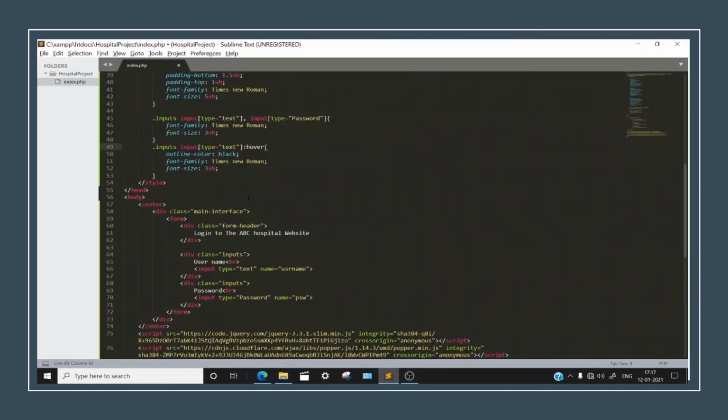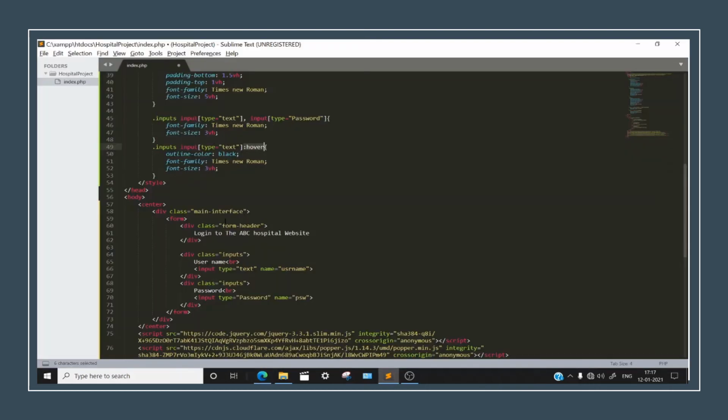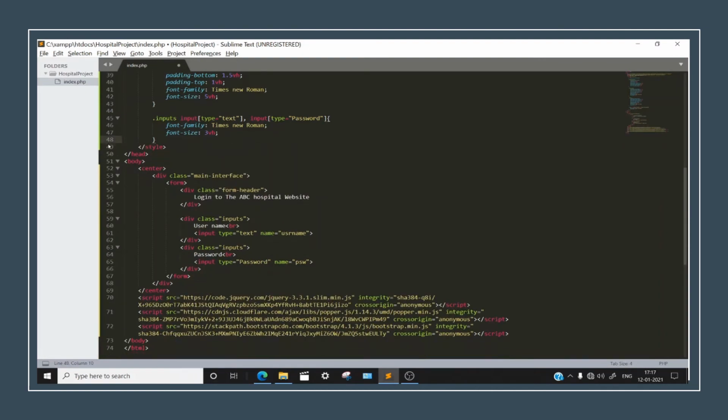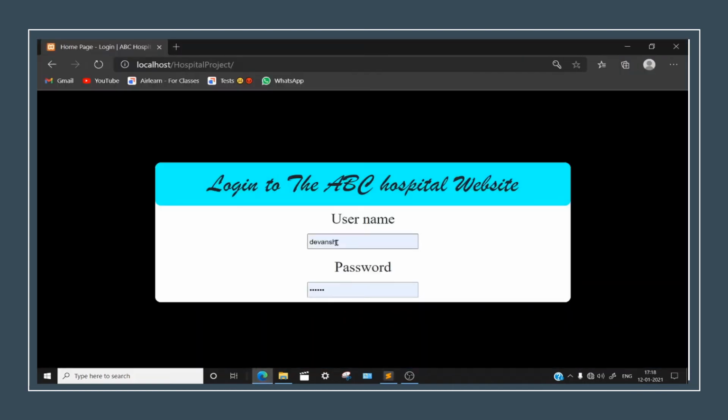So now what I want you all to do is just research on Google and understand how to make these things change when you are hovering your cursor over it. Okay, I want you all to do this. I will not do it. If I do all the things, then how will you learn by yourself? Right.